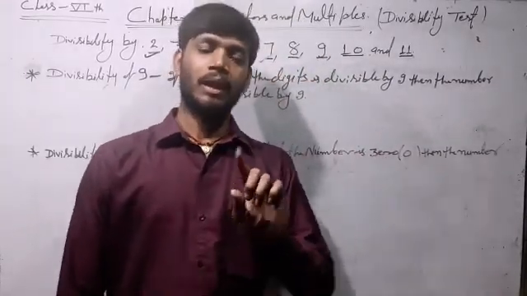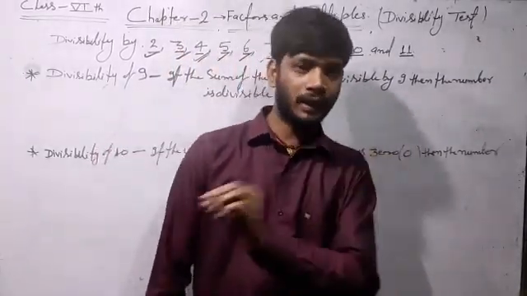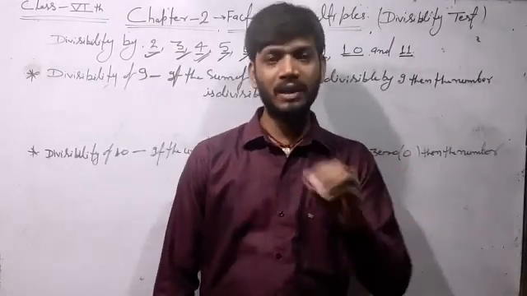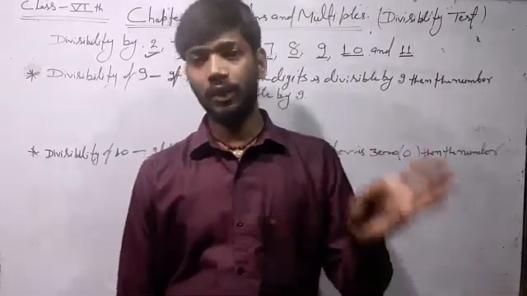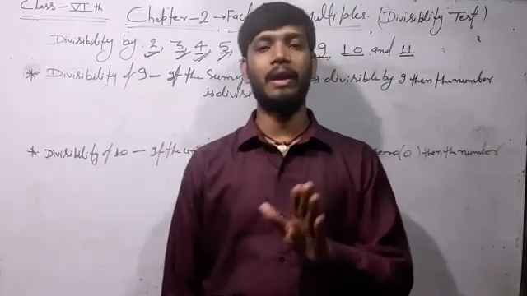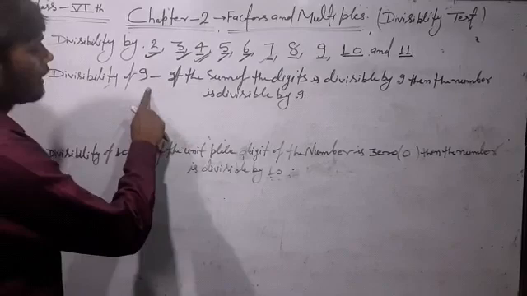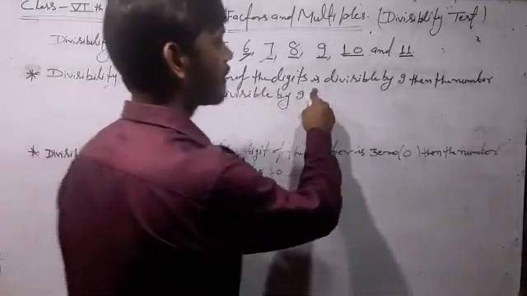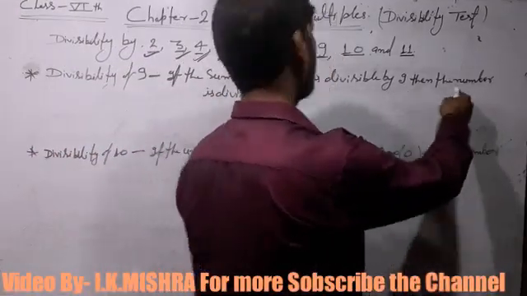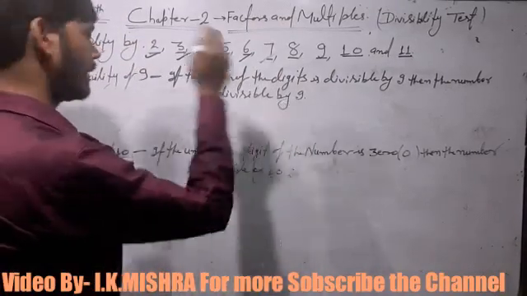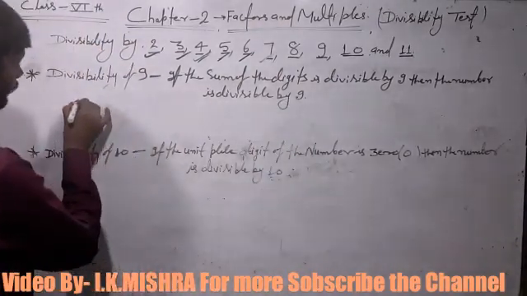If the sum of the digits of the number is divisible by 9, then the number is also divisible by 9. Understand here, divisibility of 9: if the sum of the digits is divisible by 9, then the number is divisible by 9. For example,